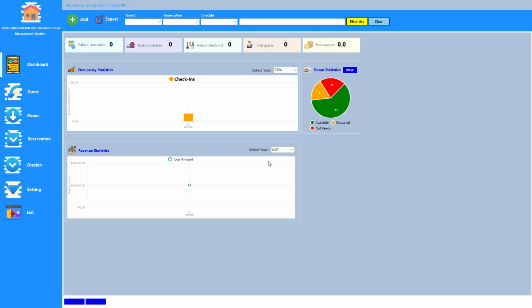There are also room statistics pie charts to see rooms by availability: available, occupied, and not ready. This dashboard provides a comprehensive overview, making it easy to manage daily operations and track performance metrics efficiently. Thank you for your attention.